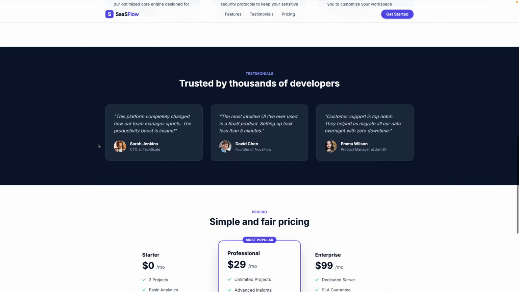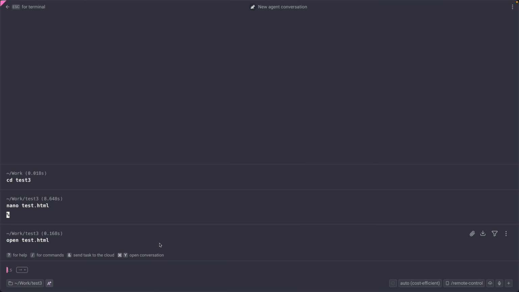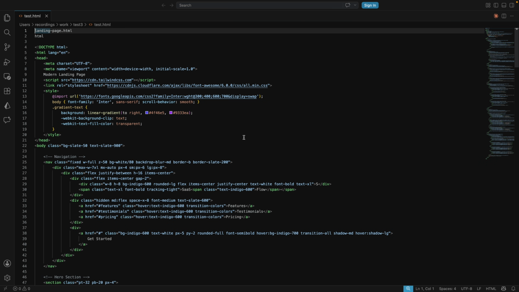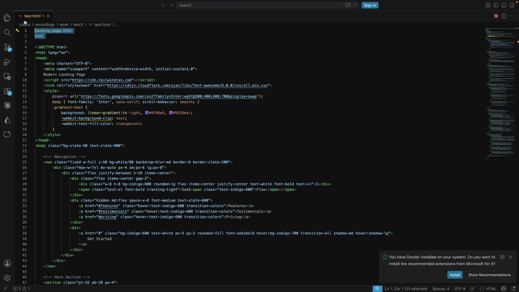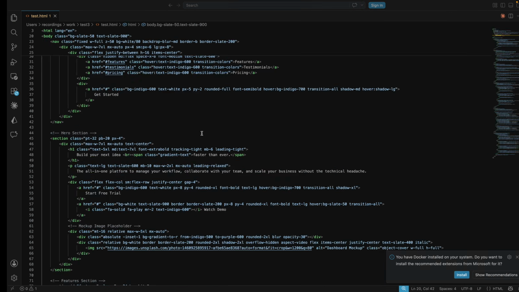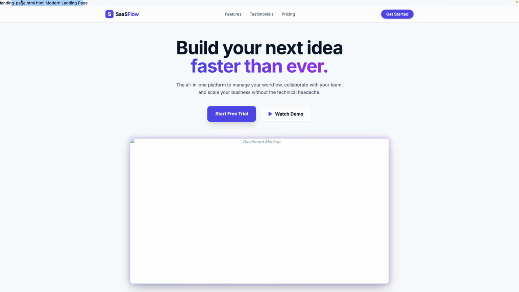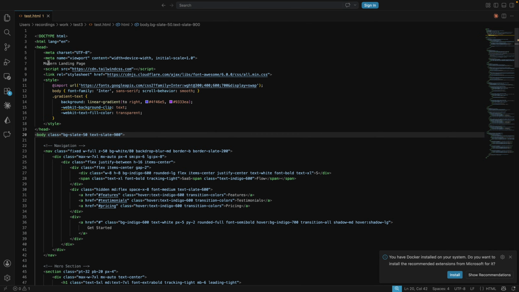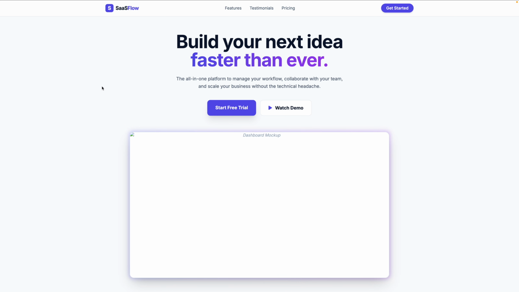still some issues. Actually, let me open it in the editor first. So for that, I will type code space test.html, hit enter, and it is opened in the HTML, and this part was not supposed to be added here, so this was a mistake. So let me remove that, save it, and let's reload it. Still I have this modern landing page text. Yeah, this one, just remove it. And now it is looking great. Just one thing, that this image or screenshot is not loaded.